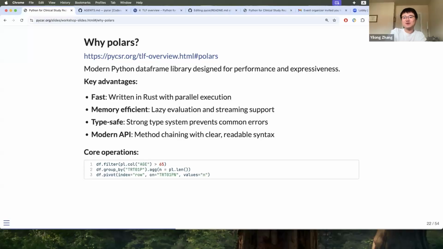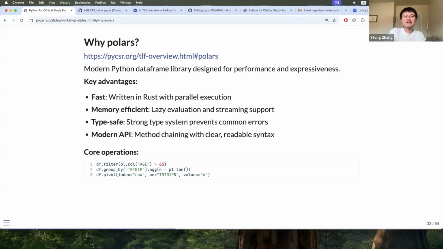And another thing is strong typing, that's one of my favorite features in Polars. You need to ensure that you don't get any surprise when your code has been there for a while, right? Strong typing provides the capability to prevent such errors. So whenever you see an error, you want to see it early instead of waiting until you see the final results, which becomes hard to debug.